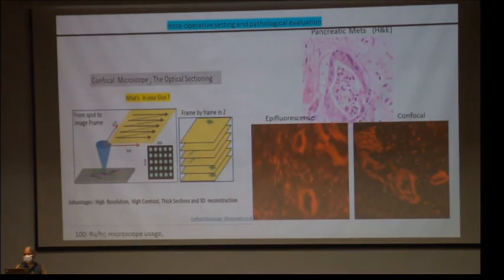And this we did together with Dr. Archana, and she can support it better. Here is a pancreatic Mets which they got, and this is an H&E, and this is an epifluorescence, and you can see the clarity with the confocal, because here it can go up to the depth and it can do an optical sectioning. Now, nobody is using confocal for diagnostics, I'm not saying that, but it can be explored how best this can be suited in our settings.